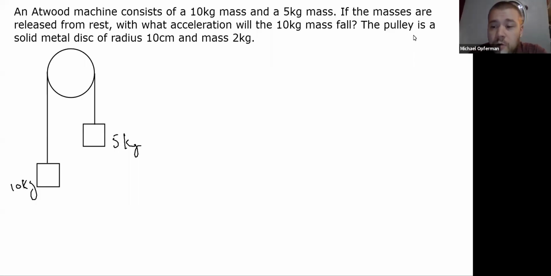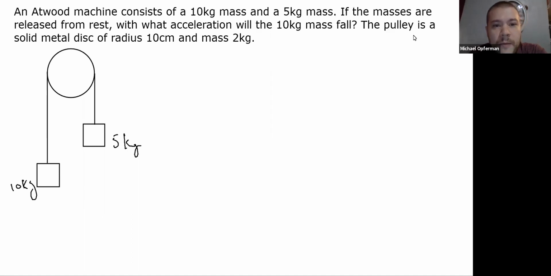We talked earlier in the course about how to handle massless pulleys. You may want to review that again before watching this video, because what I want to talk about here is how you handle pulleys when they have mass, and how that's different from how you handle them when they don't have mass. So I've got a problem here, going back to the old Atwood machine problem we did earlier in